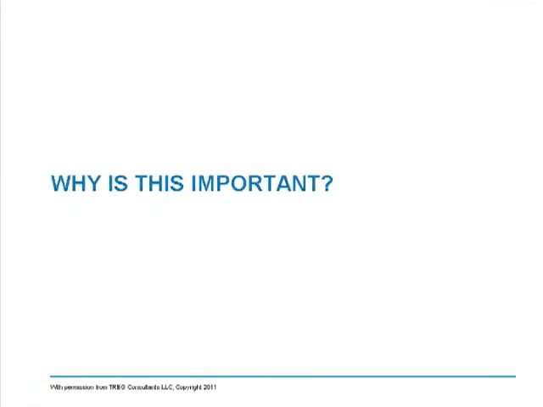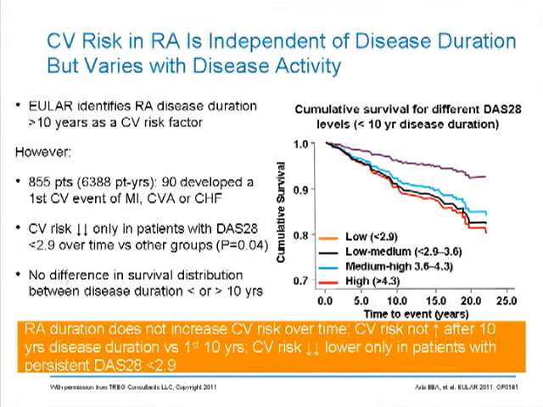So why is all of this important? Well, we think about outcomes, and certainly the worst outcome in rheumatoid arthritis is death, and we know that that is cardiovascular risk. So in this very interesting abstract, cardiovascular risk in RA has been shown to be independent of disease duration, but varied significantly with disease activity. EULAR, the organization itself, identifies RA disease duration of greater than 10 years as a cardiovascular risk factor. However, in this study,